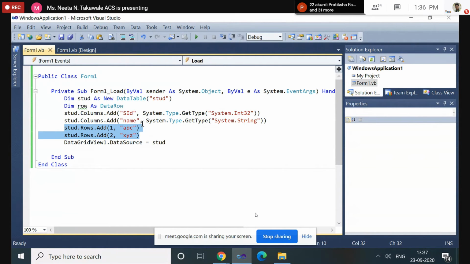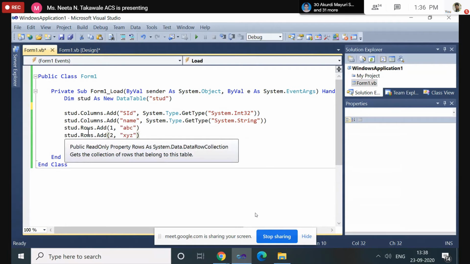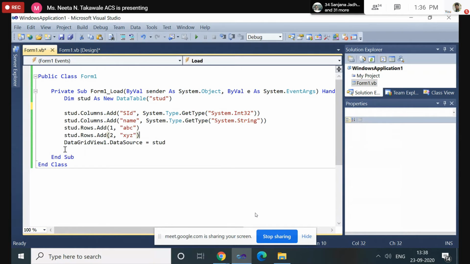We have not used this. Okay, so currently this doesn't require it. I will remove that part. It is not required because predefined columns and rows classes are there. Using that, we can directly add the rows and columns. So that object is not required. And then those rows and columns we are displaying in the data preview with the help of the data source property.